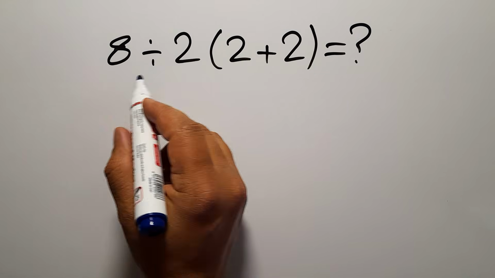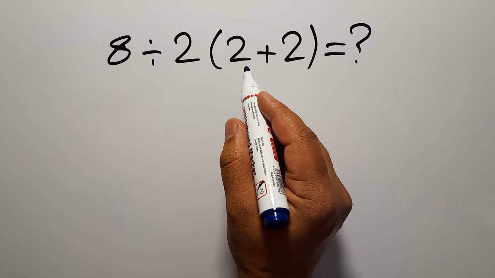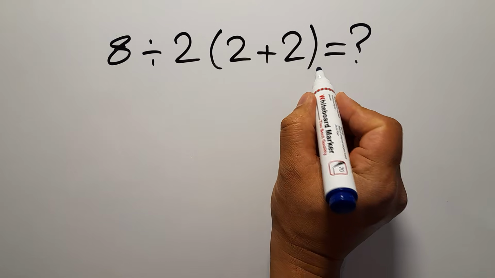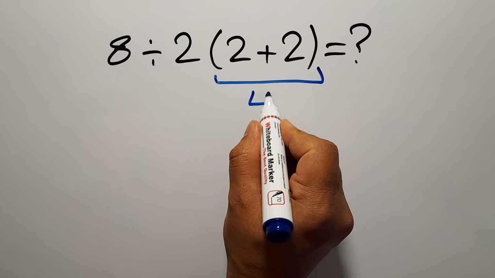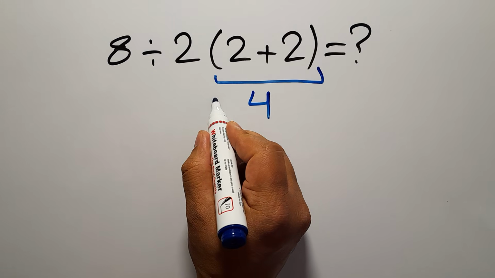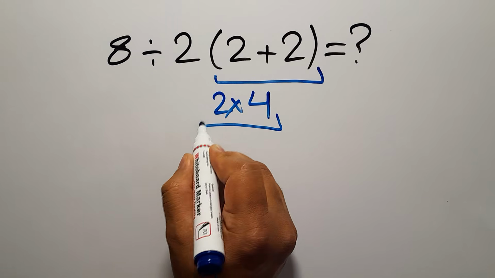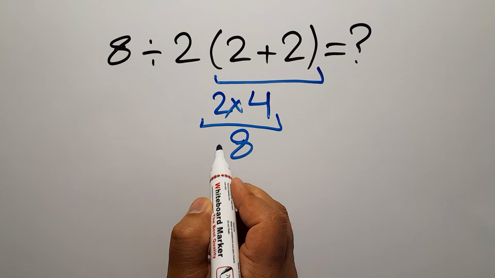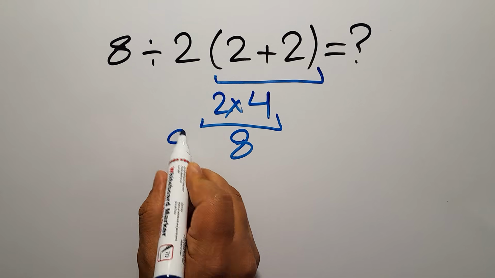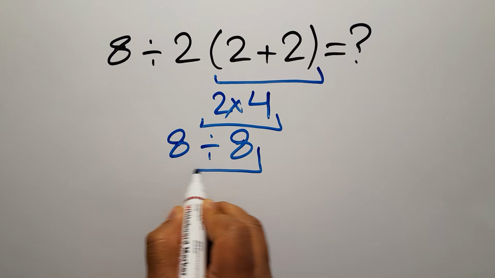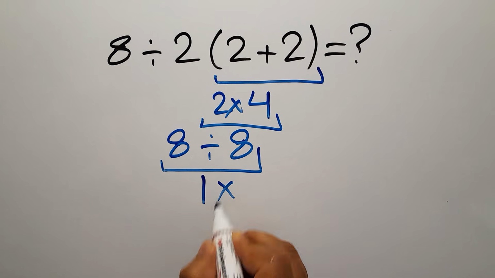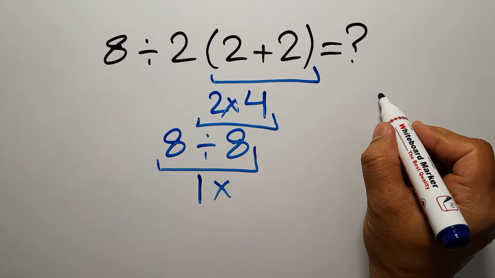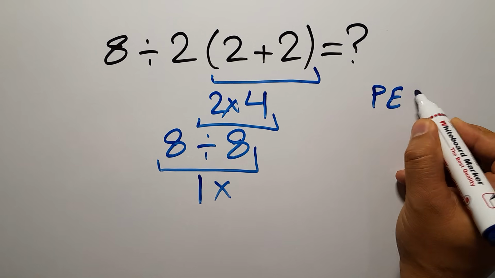8 divided by 2, then times 2 plus 2. 2 plus 2 equals 4. And 2 times 4 gives us 8. So 8 divided by this 8, which equals 1. But this answer is not correct, because according to the order of operations, which is PEMDAS,